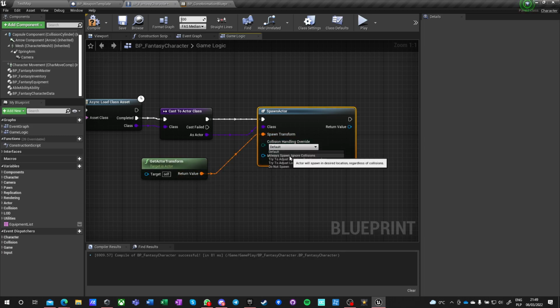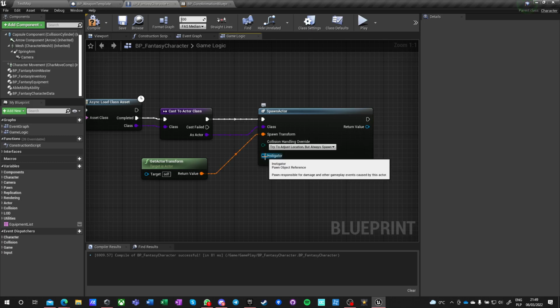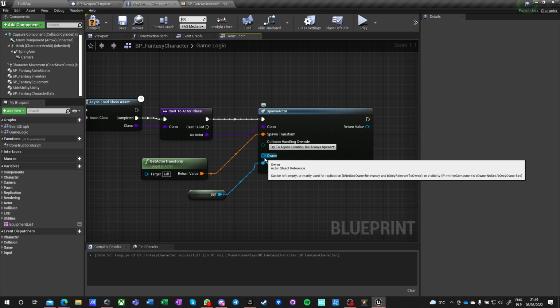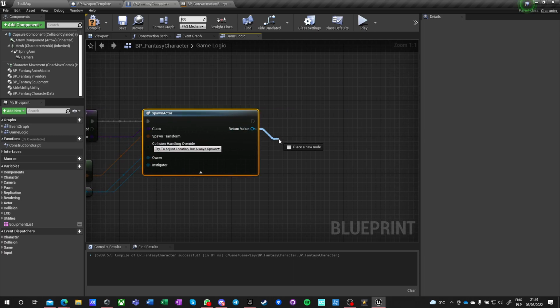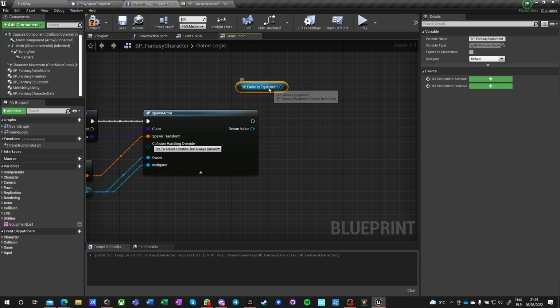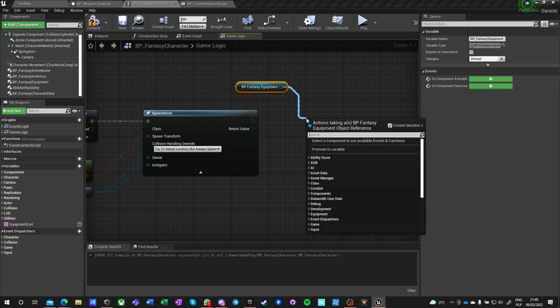Collision is always spawn. Try to adjust, but always spawn. Instigator is spawn, so itself. Owner, which is replication net owner relevancy important, is also self. It's not the controller, it's the pawn, and this is important for the inventory system. And then once we spawn the actor, we want to get our fantasy equipment, and we want to